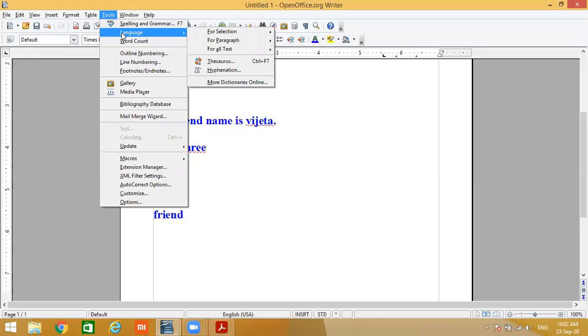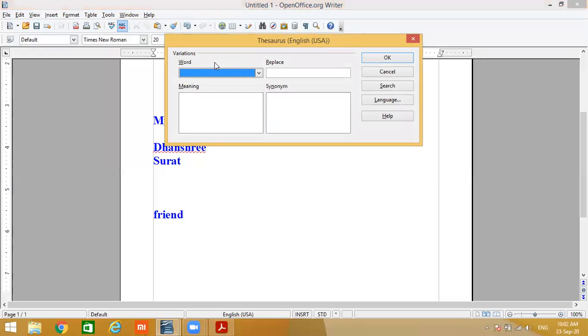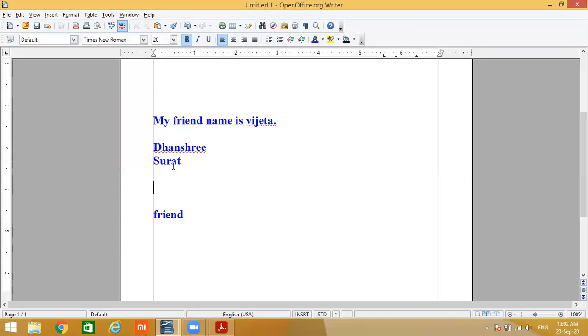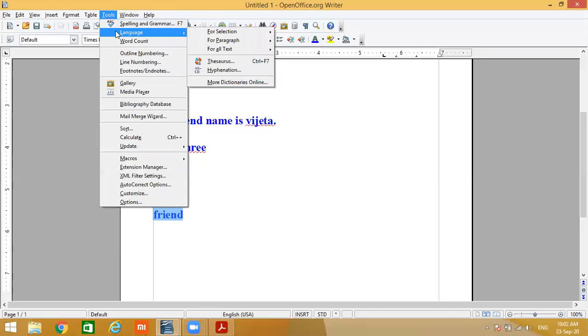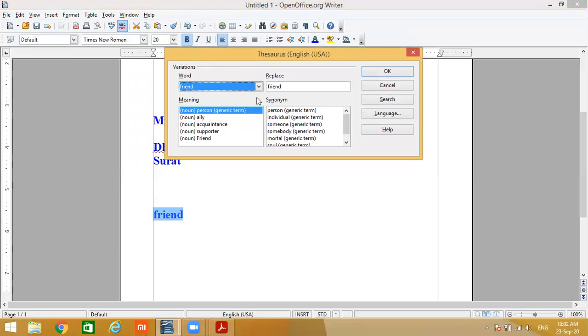See, language. Word. Which word do you want to select? I want the synonym of friend. Tools, Language. See, person, generic form, morsel.